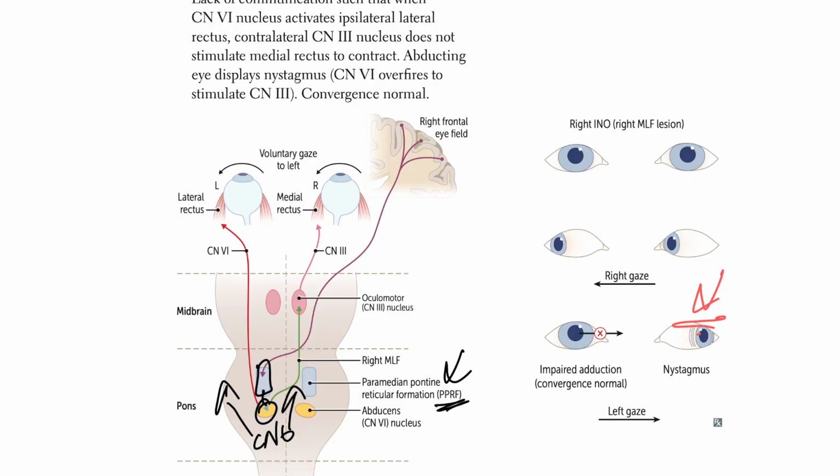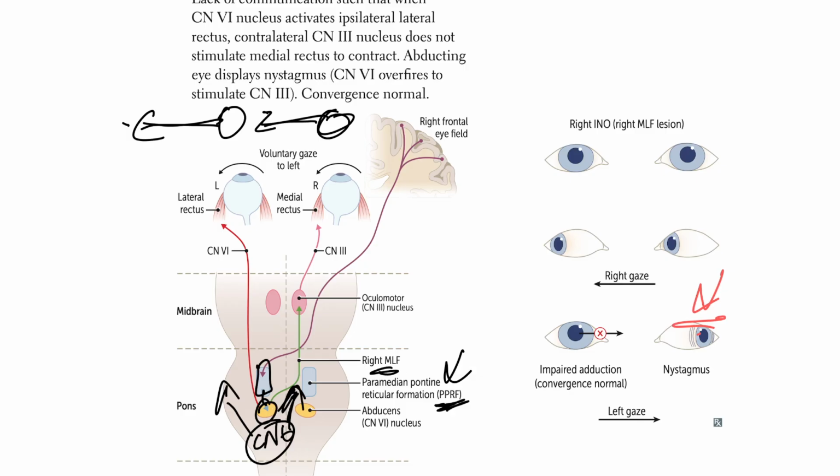Again, we are trying to move both eyes towards the lateral side, so one eye will be moving laterally and the other eye will be moving medially to look at the same side, right? So with the PPRF sending signal to CN6, it's going to fire,